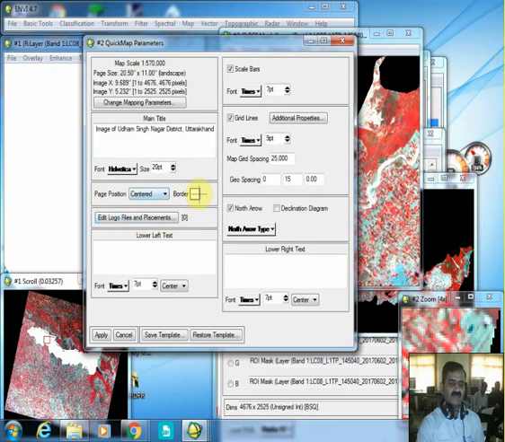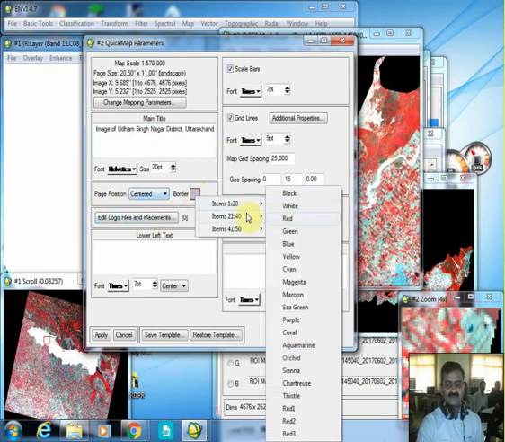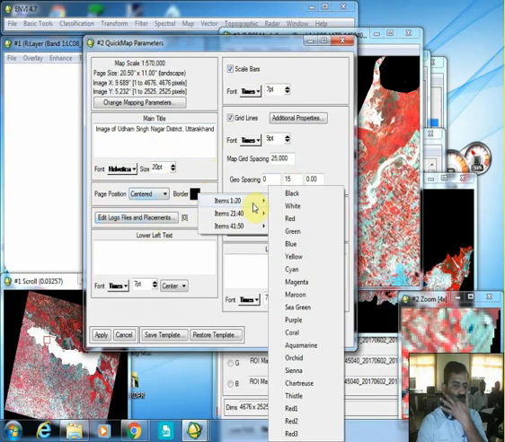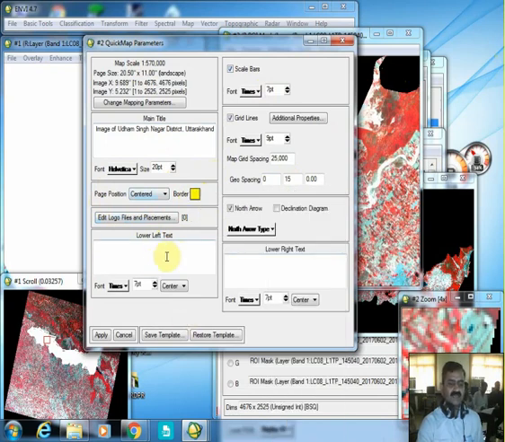Border has not been selected, but you can also assign a border of any color, or if you want to directly select the color, that is also possible. So maybe black color, but black color in black will not be visible. So maybe white or yellow we can choose. Then if you want to put some more information on the left hand side,